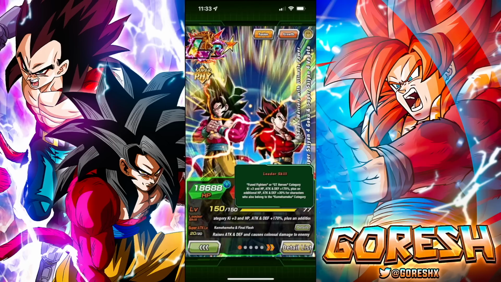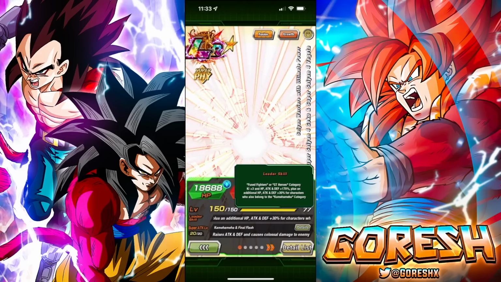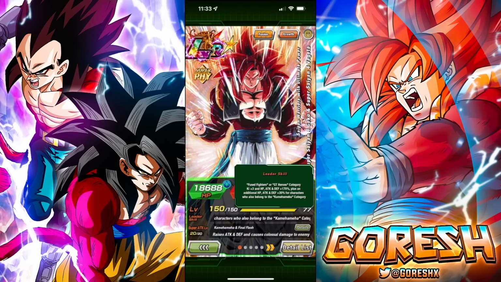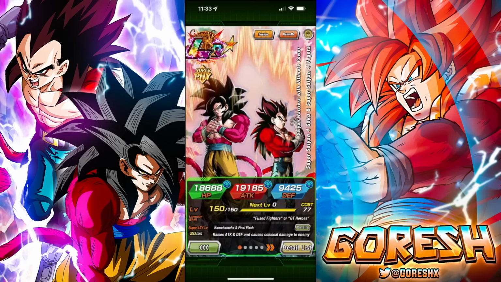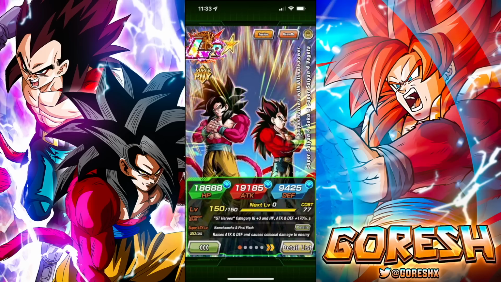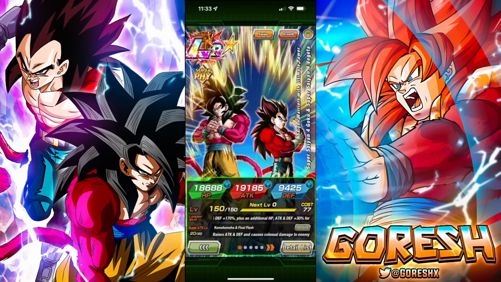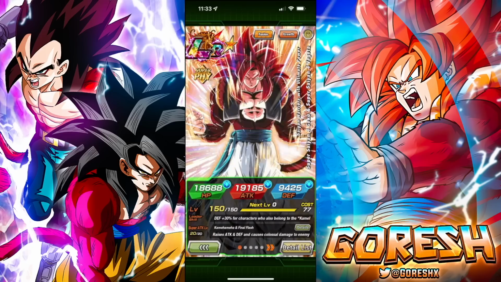So, first things first, their leader skill. They have the Fused Fighters, or GT Heroes category. Key plus 3, 170% stats across the board, plus an additional 30% to stats for characters who also belong to the Kamehameha category. So, this character was the character on JP who introduced the first 200% leader skill. Obviously, on Global, it was Majin Vegeta for Saiyan Day, but that's just because Global likes to do stuff out of order. So, yeah, the leader skill is a big reason why I think this unit is going to age